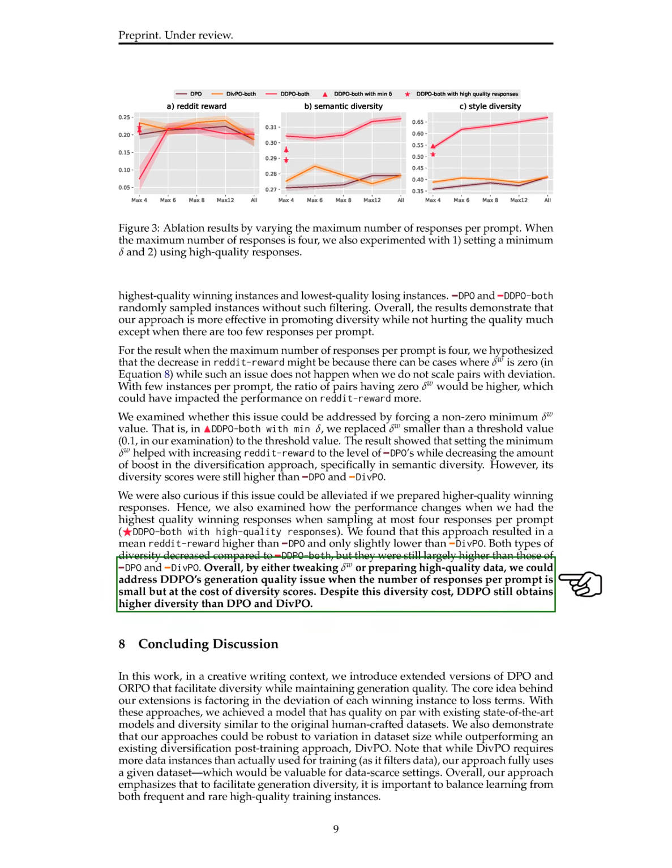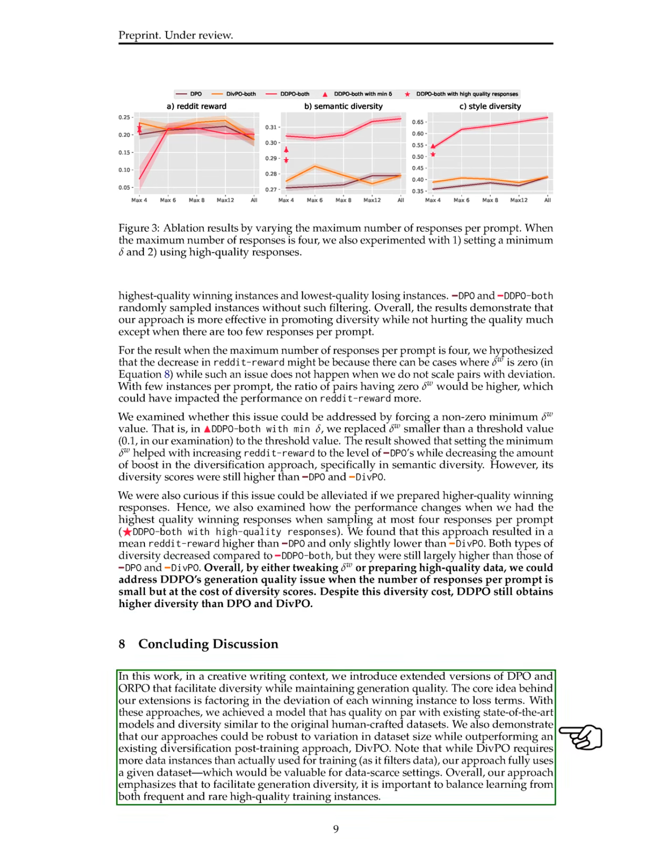Section: Concluding Discussion. In this section, we present our concluding discussion. We introduced extended versions of DPO and ORPO in a creative writing context to enhance diversity while ensuring high-quality generation. Our main idea was to consider how much each successful instance deviates from loss terms. With these methods, we created a model that matches the quality of leading models and achieves diversity similar to original